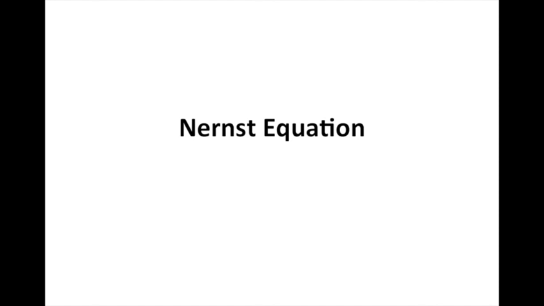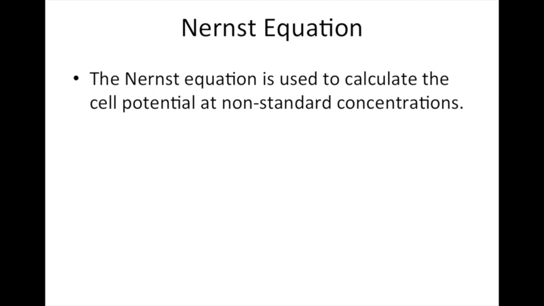In this video, we're going to discuss the Nernst equation. The Nernst equation is an equation that is used to calculate the cell potential for a redox reaction when the concentrations are non-standard. So if you have a redox reaction that you perform and the concentrations of reactants or products are anything other than 1 molar, then we can use our Nernst equation that you see here to calculate our